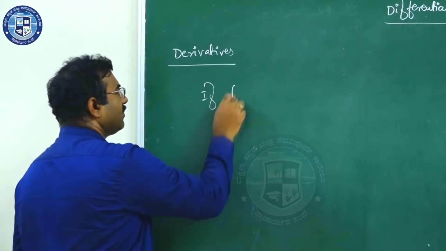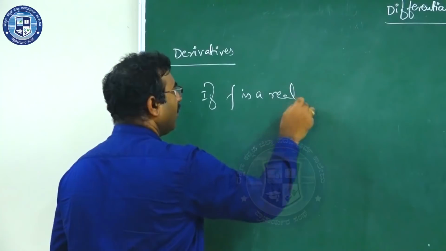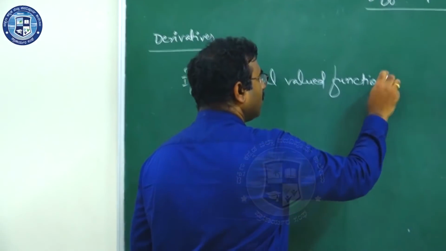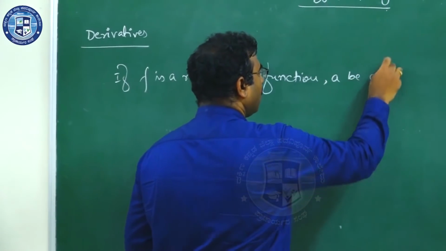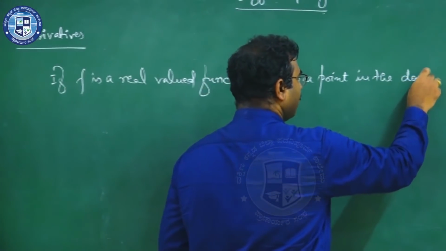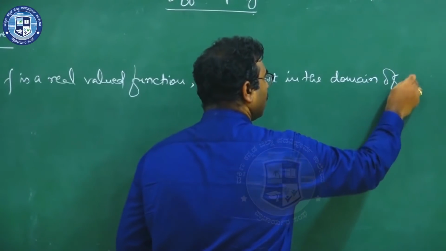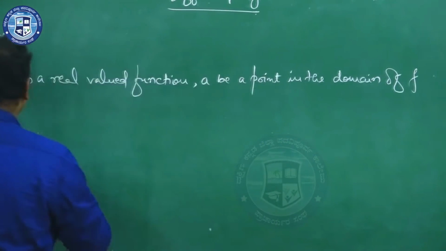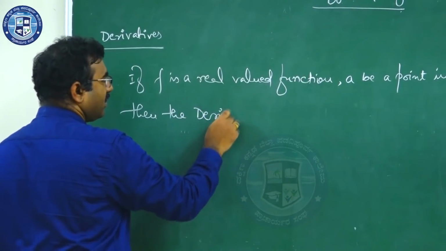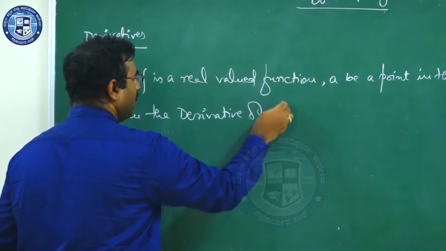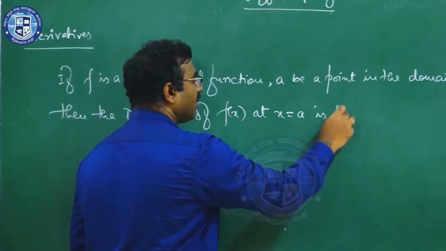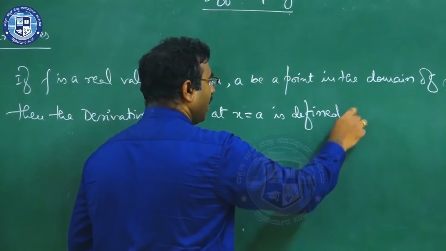If f is a real valued function, a be a point in the domain of f, then the derivative of f(x) at x equal to a is defined as